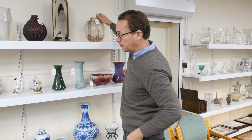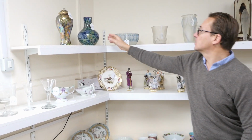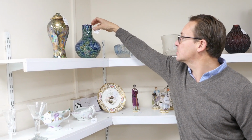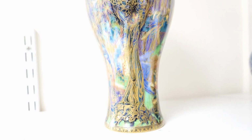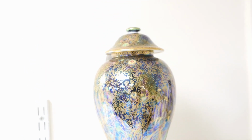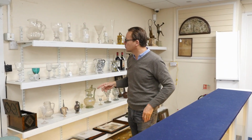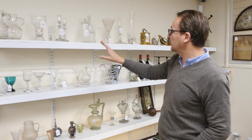Lot 189. Other ceramics of interest include this rather nice De Morgan vase decorated with the ostrich there. That's lot 160. We've got a bit of fairyland lustre, another classic sort of collector's field, that. Gorgeous looking thing. Then on top of that we have a vast collection of glass that you will be seeing over some sales. The Rudabek Collection of glass, and Dan's picked out some of the real highlights here, some really